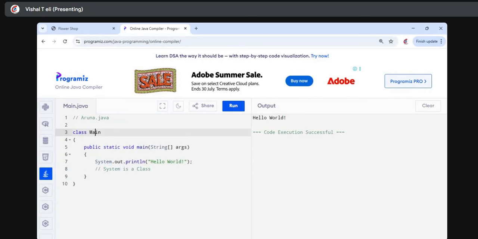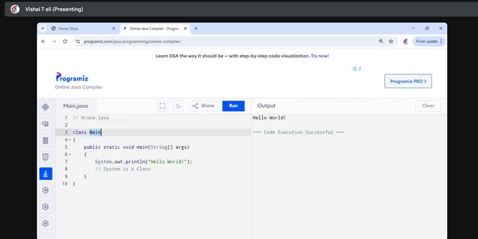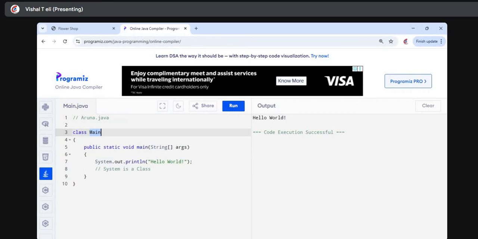Meaning, the main function is there. This is your own class. This is your own recipe. But this recipe is already done. It's already coded. Some developers already worked on it, and they made it available to you just to save your time. So system is a class developed by a third party,